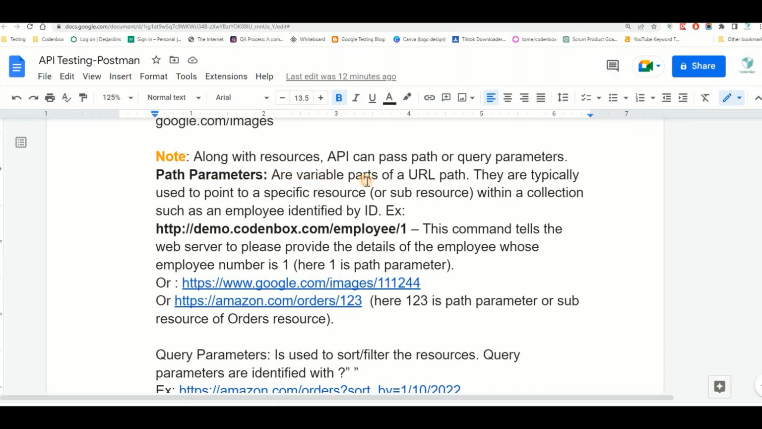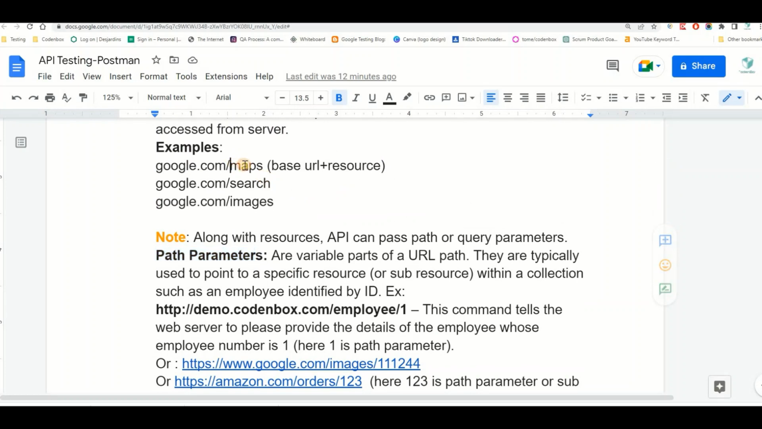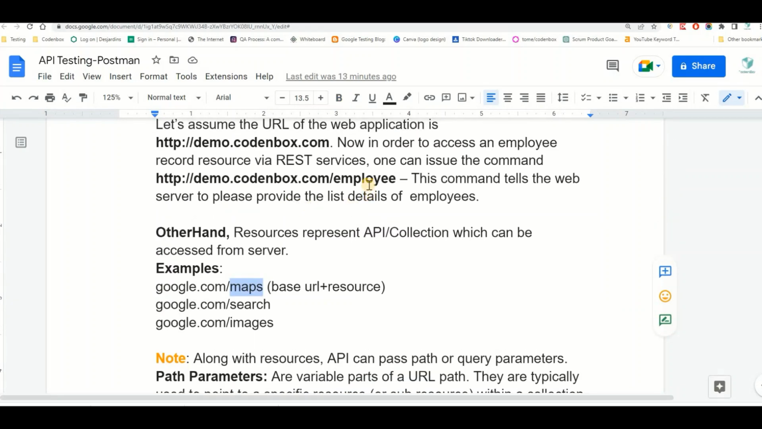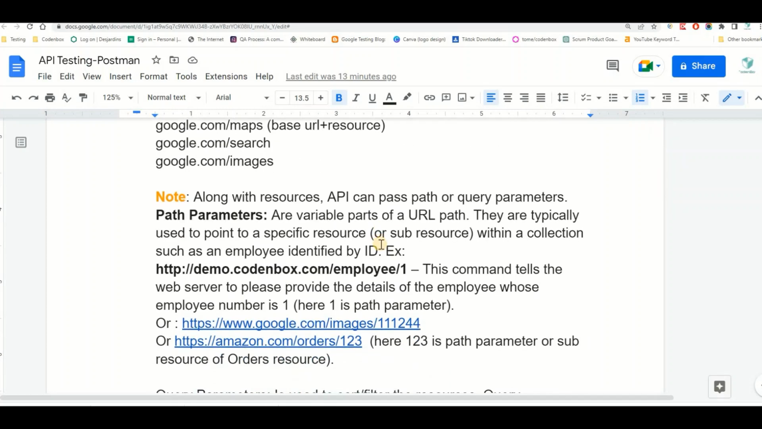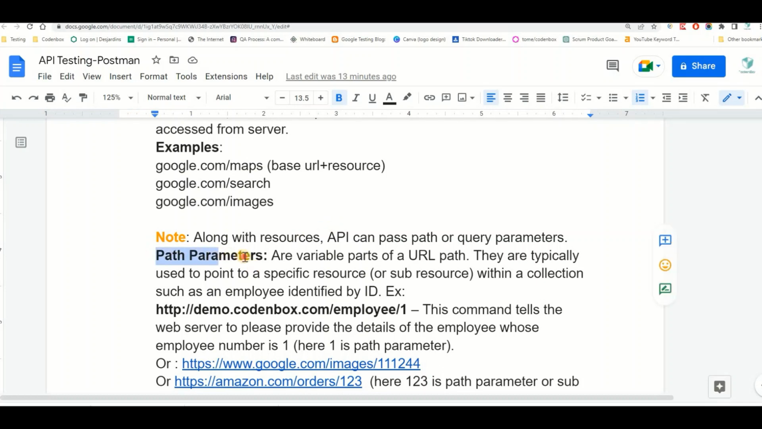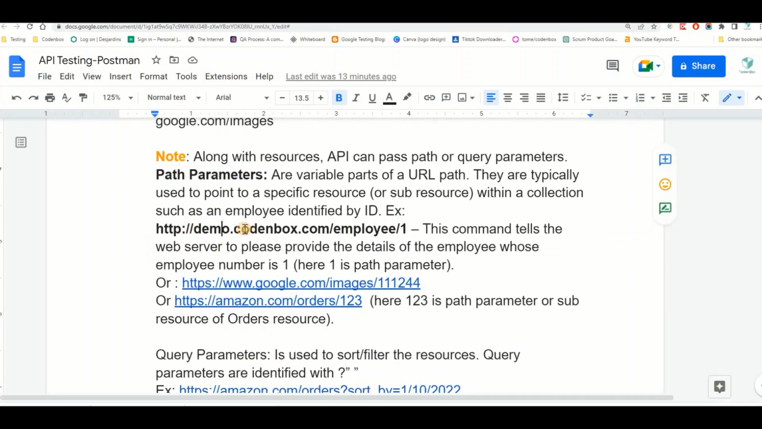So path parameters are variable parts of a URL path. They are typically used to point to a specific resource or sub-resource within a collection, such as an employee identified by ID. So path parameter is nothing but a subset of the resource. So altogether over here we can say maps is the resource, right, or employee is the resource. But if you want to make it a more specific resource, like a subset of the resource, that's called the path parameter. Example over here we say